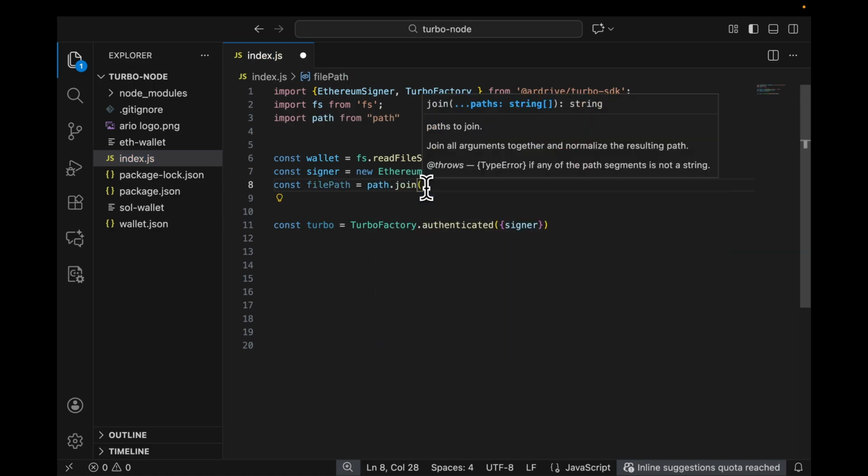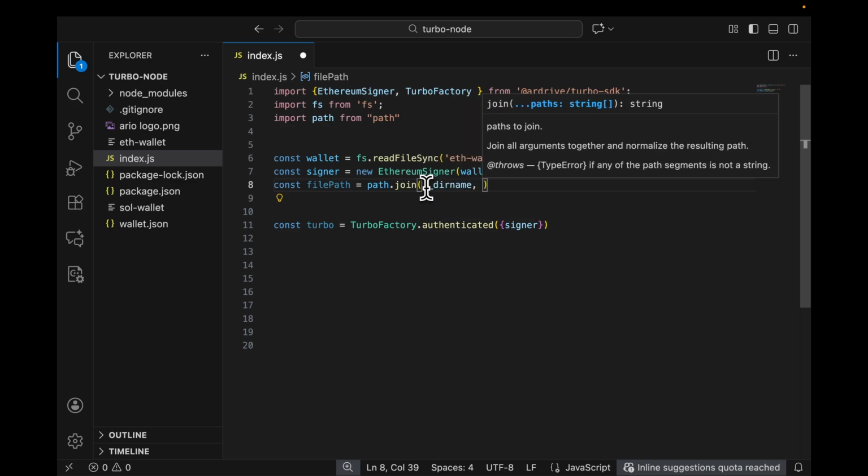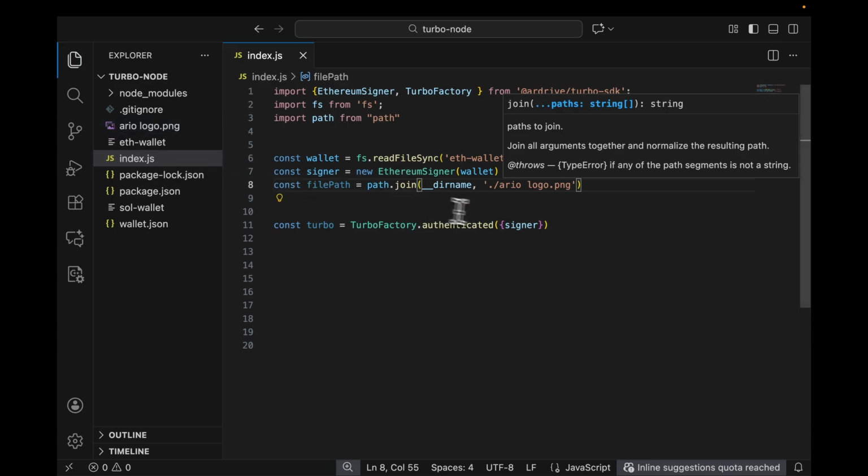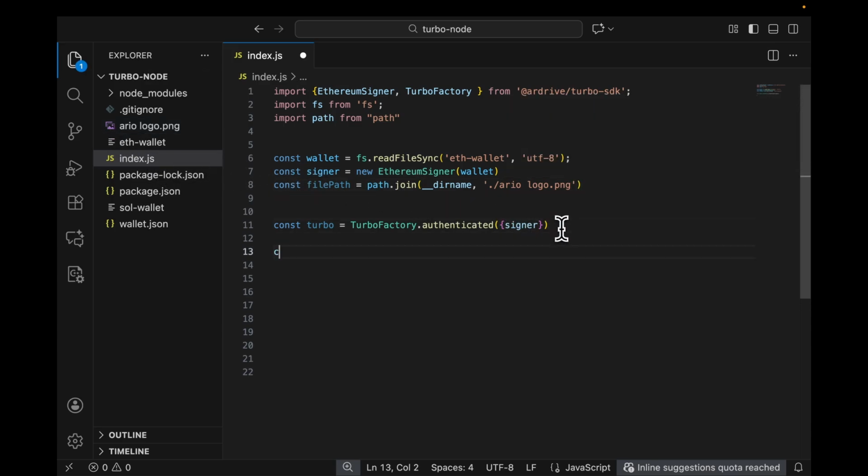And what I'm going to do here, the first one is going to be the directory name, and then the file that I want to upload here and where it's located. As you can see, the file is here, and I can just do this and say RIO logo.png. And so now I need to create the upload function,